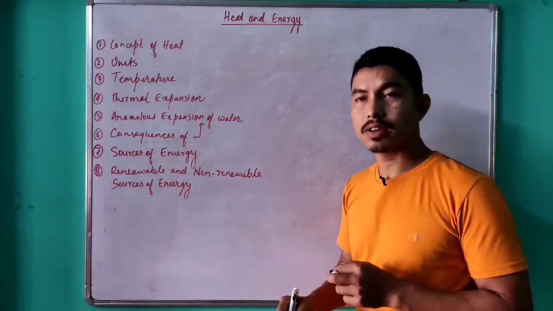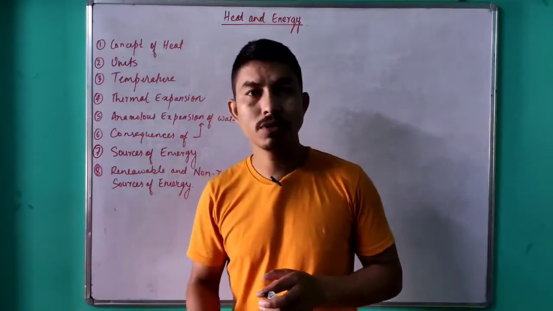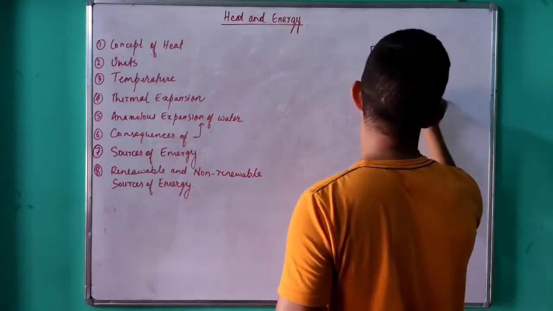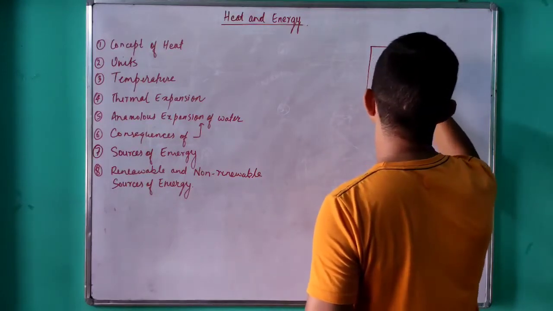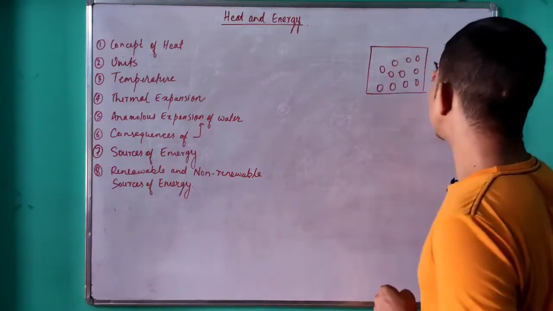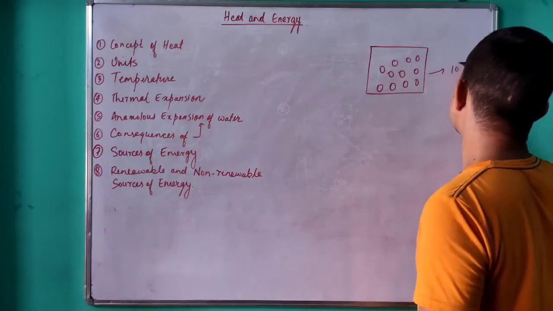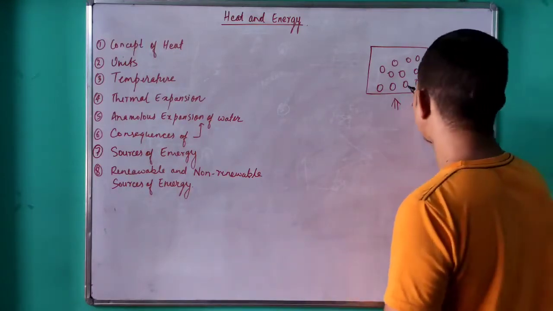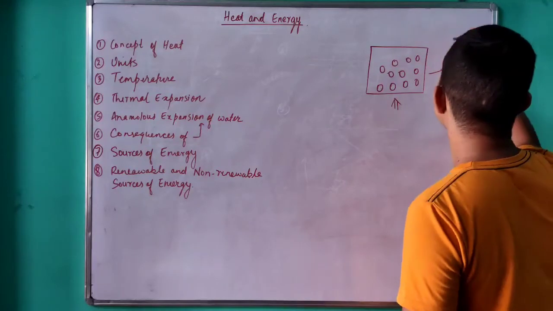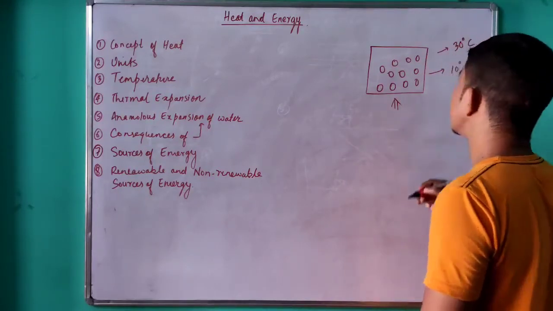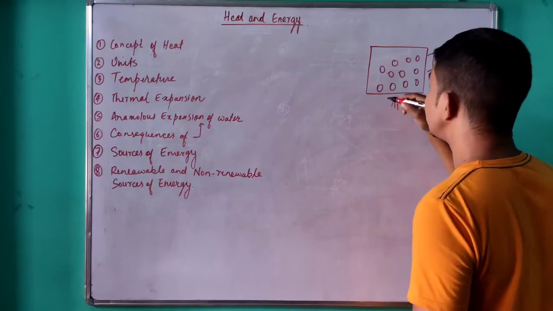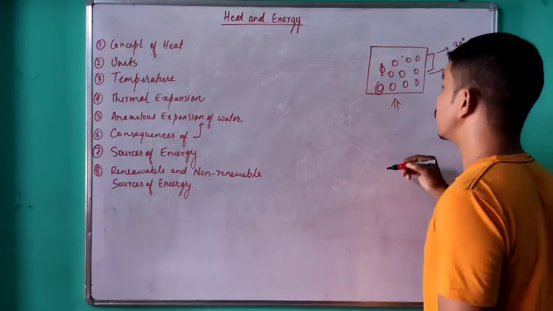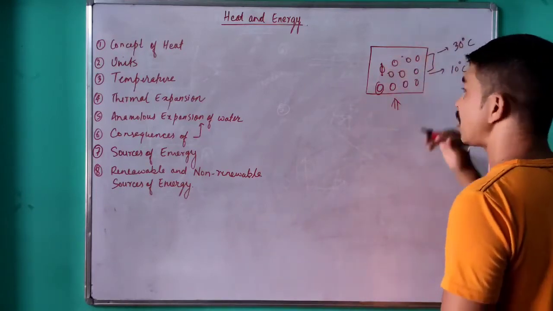So we have already learned in class 8 that with the rise in temperature, the molecular motion also increases. If you have a certain object which has many molecules in it, suppose initially it is at 10 degree centigrade, now you supply a certain amount of heat to it. On supplying heat, its temperature rises. Suppose it becomes 30 degree centigrade. But on doing so, what is also changing? The motion of these molecules is also changing. Suppose they used to vibrate smoothly, on heating, they will vibrate rapidly or with a greater